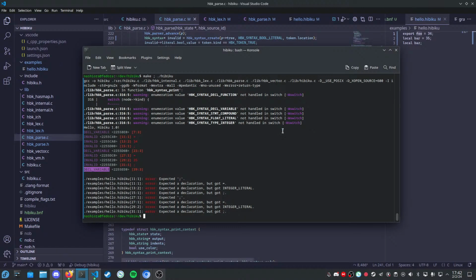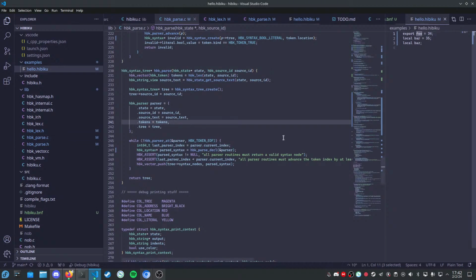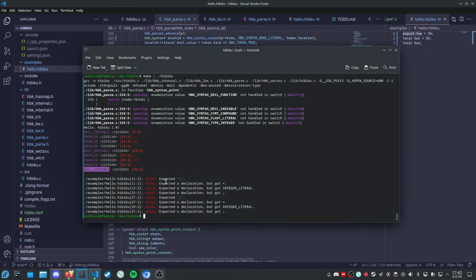3 decal variables. It's going to fail on the first 2, which is why we have 3 invalids after it, I guess. Equals 34 and semicolon. So foo, it liked foo, but it didn't find the semicolon. That's why. So decal variable for export foo, and the next thing it should say is expected a semicolon. Beautiful. Then we have, yeah, the next 3 are expected these. Then we get another decal variable, which is local bar, but it hits the equal again, doesn't find the semicolon, so it finds these 3. But then it hits local baz with no initializer, and it does have a semicolon, so it doesn't error, and we get decal variable. So for what we have implemented, that's correct,